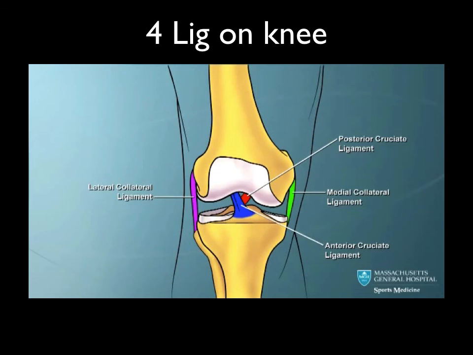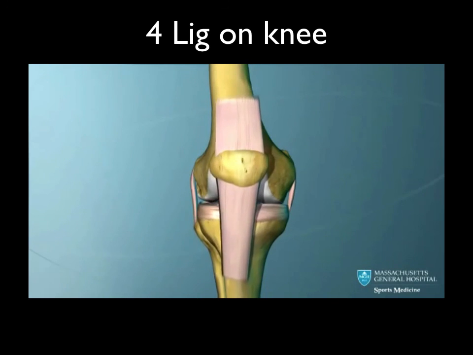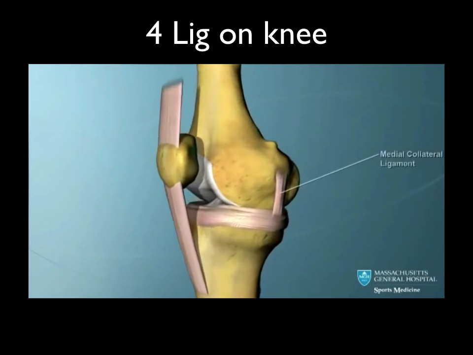So let's check the ligaments on the knee. There are four major ligaments that stabilize the knee. The front one is the anterior cruciate ligament, or the ACL. Medial